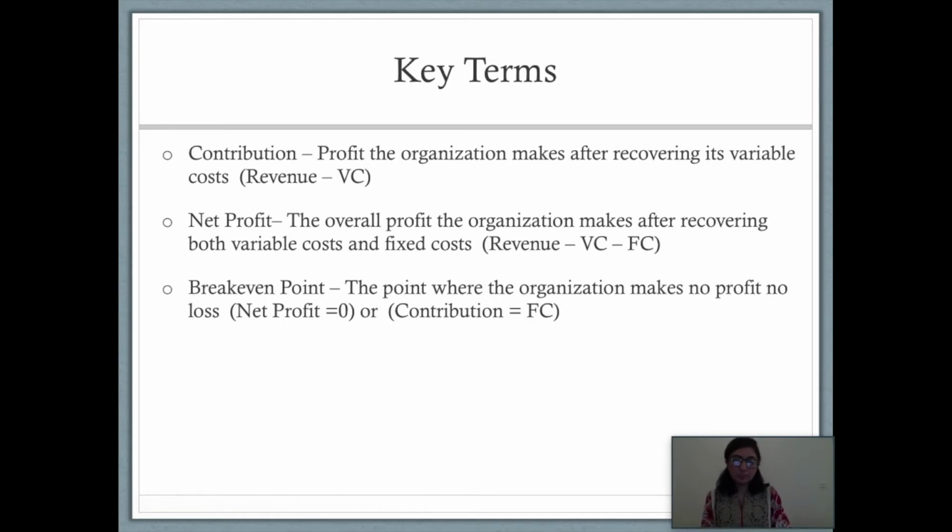So contribution is actually revenue minus variable cost. So you need to memorize the formula. Obviously, the formula of contribution will be used widely going forward, so you have to be very alert whenever the examiner questions you about contribution. You have to be very specific on what costs are involved in the calculation of contribution. So as I've stated here, it says revenue minus variable cost. So variable cost means all variable cost.